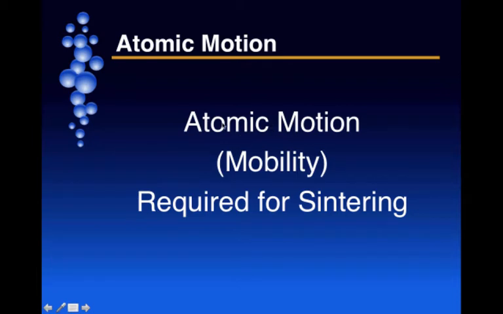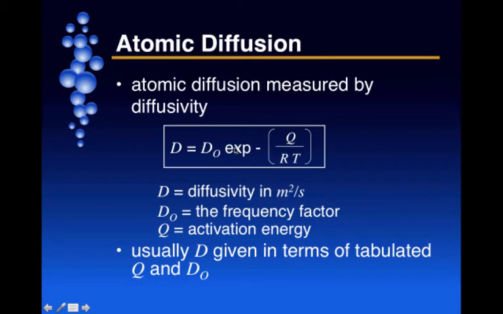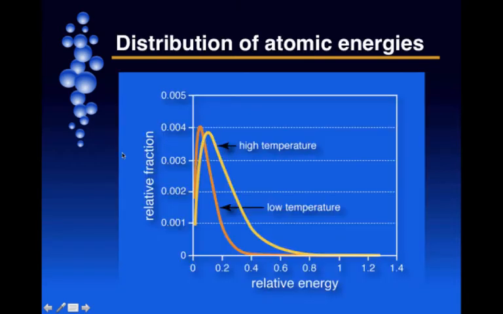Atomic motion is part of the mobility that's required for sintering. Diffusion can be represented by an Arrhenius type expression where the diffusion depends upon a pre-exponential or frequency factor, and there's an activation energy related to that. Diffusivity is typically measured in meters squared per second, and it's a temperature dependent process. D0 and Q are parameters that depend upon the type of material and also the type of matrix in which diffusion occurs. A graphical plot of that equation gives you an idea of